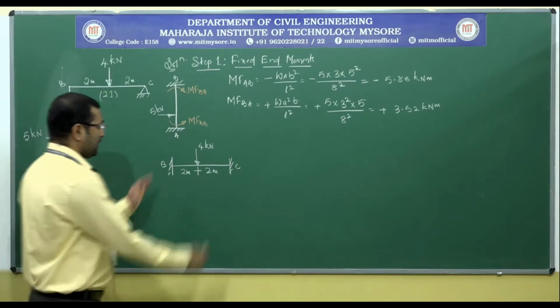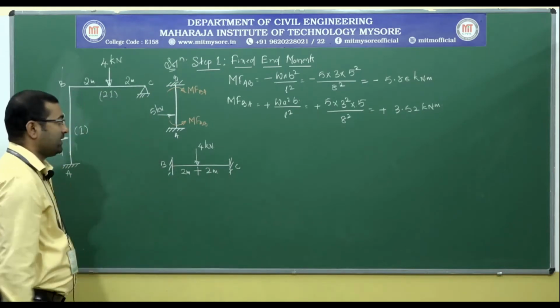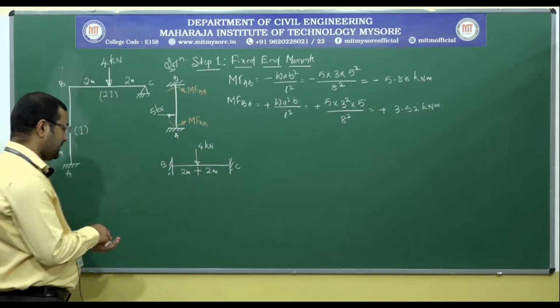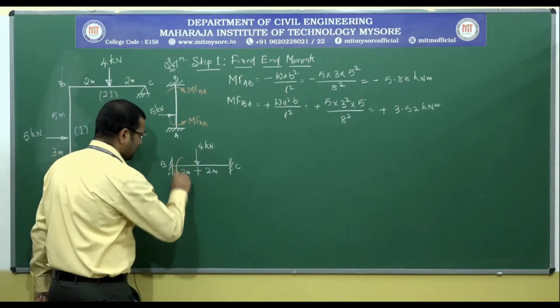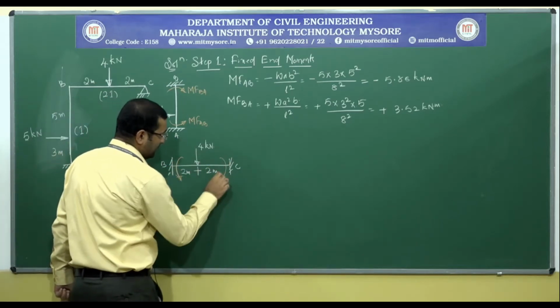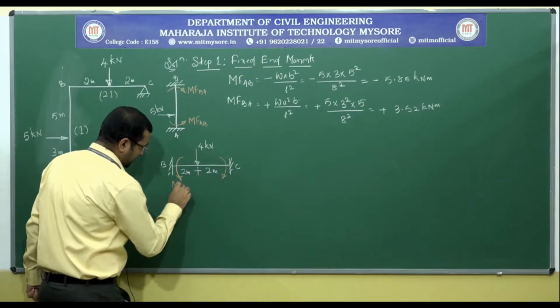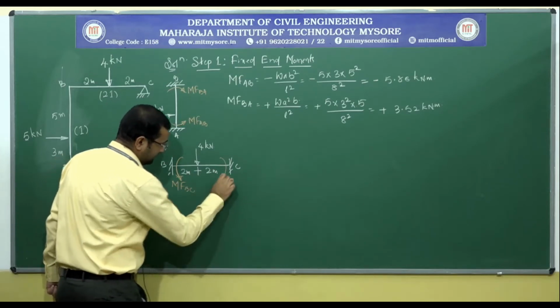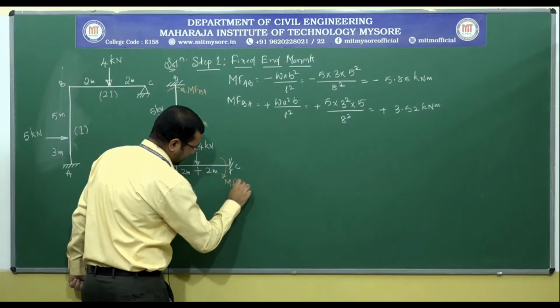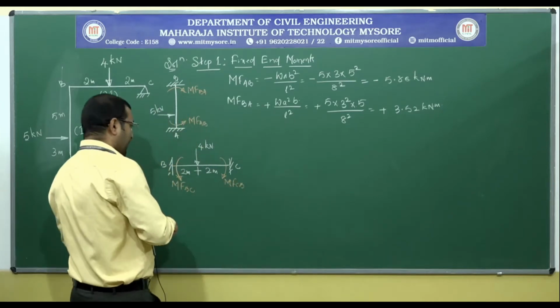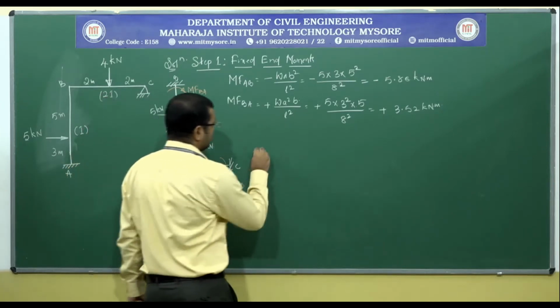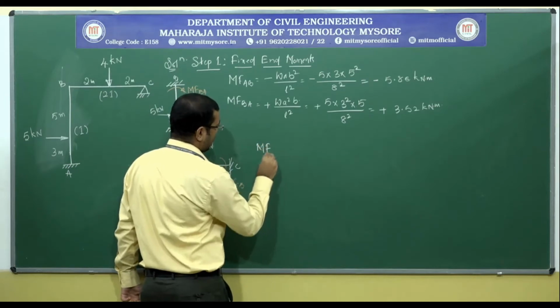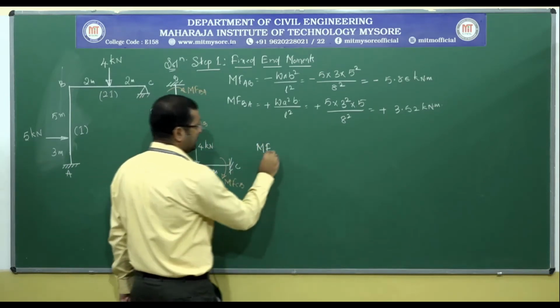Here I am assuming both the ends as fixed. Because of this situation, we need to work out the fixed end moments, that is MF BC and MF CB. As the load is acting exactly at the center, we know the formula to calculate the fixed end moment at B, that is MF